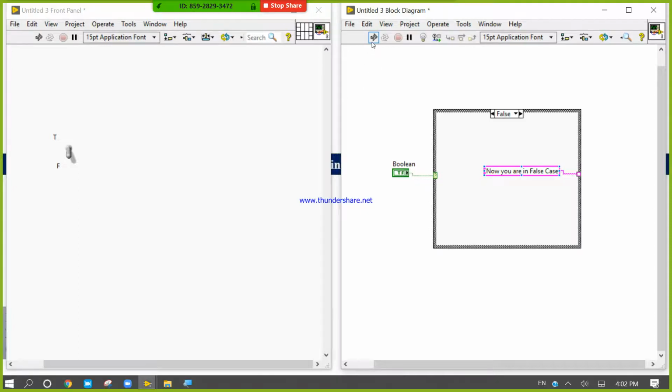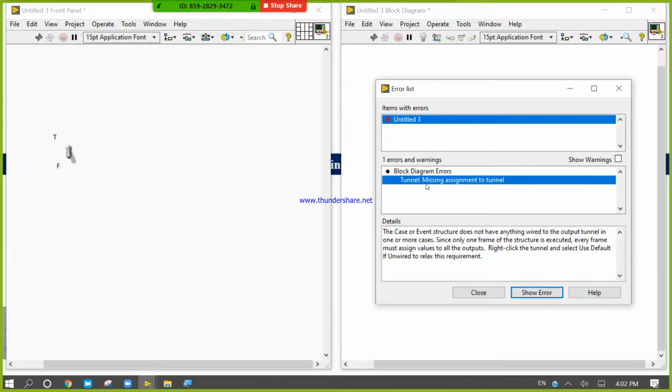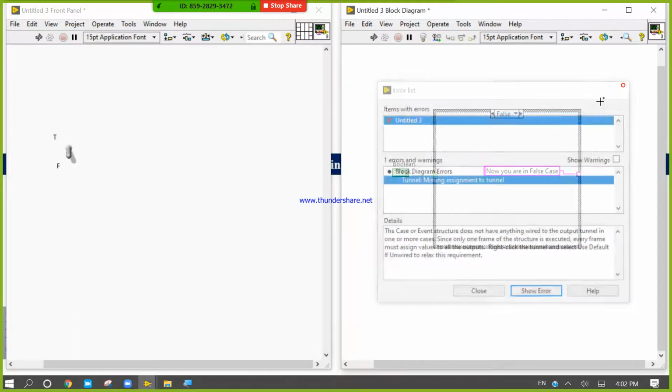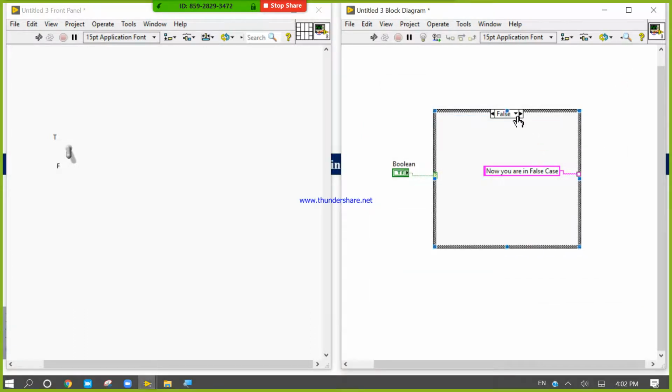If I want to run, then I will get one error, missing assigned terminal. Why? Because I didn't write anything inside the true case.